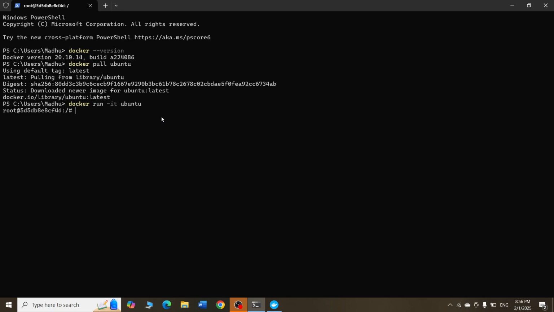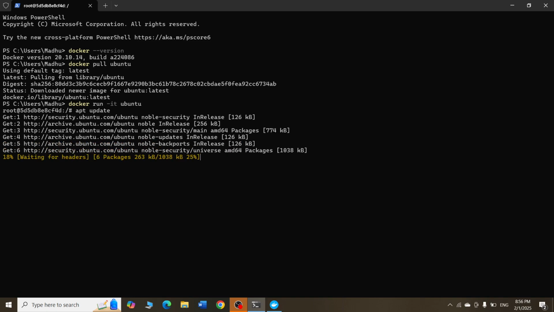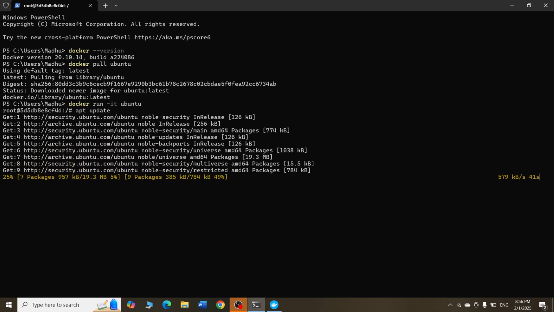Before that, we will write apt update. The first command inside Ubuntu we'll be using is apt space update. This will update the packages list in the Ubuntu operating system, right? From that packages list, we will then download and install GCC as well as Nano. Depending upon the network speed, it takes some time to install, so we'll just wait for 1 or 2 minutes for the packages to get updated.